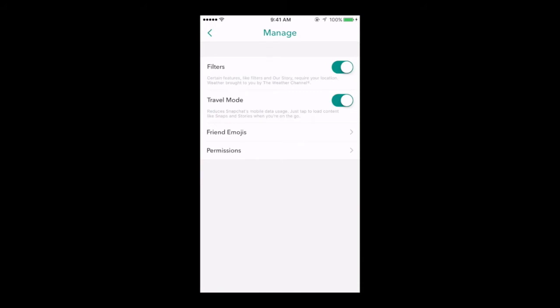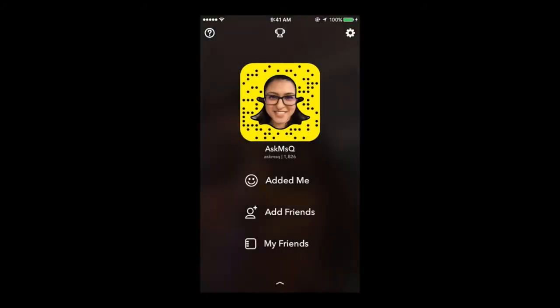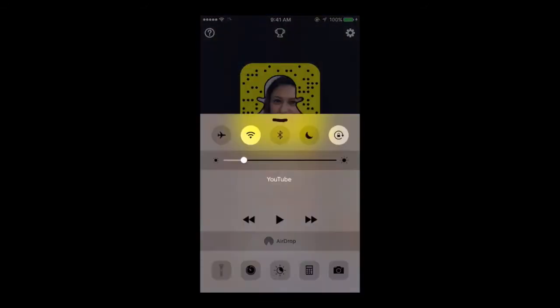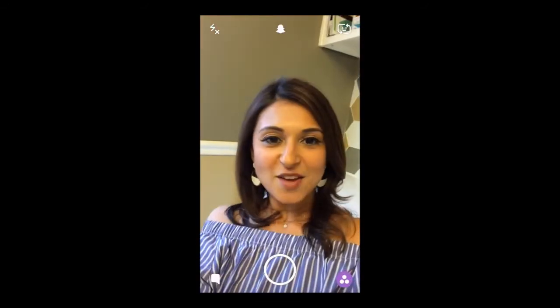So if you want to conserve your battery, go ahead and turn travel mode on. That way you'll be able to self-select which stories you do and do not want to download. All right, that's it. So let's go ahead and head back over here. If you see that little arrow at the bottom center, go ahead and swipe up, and we will get back